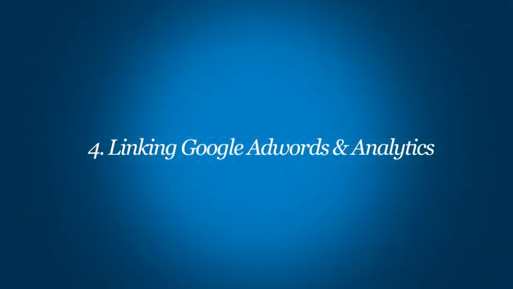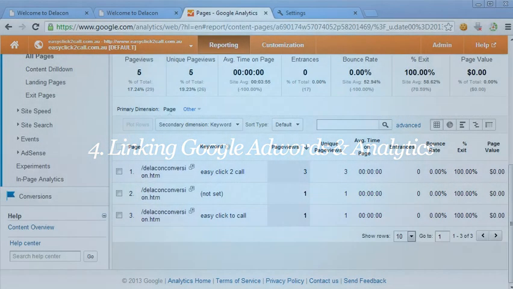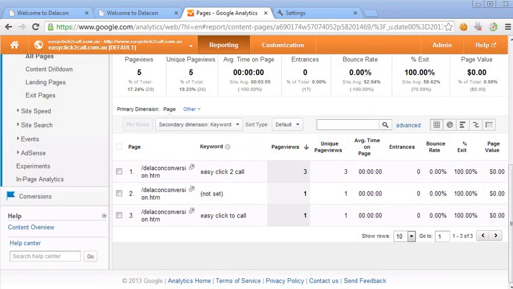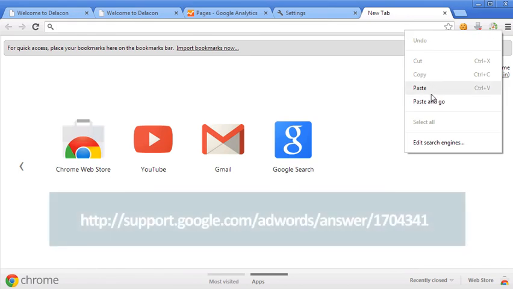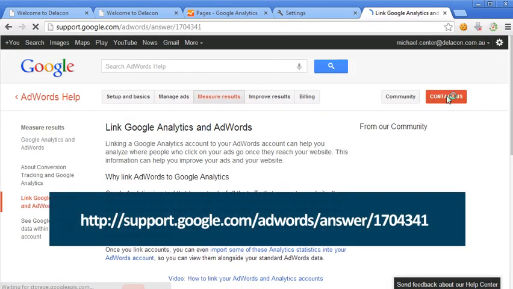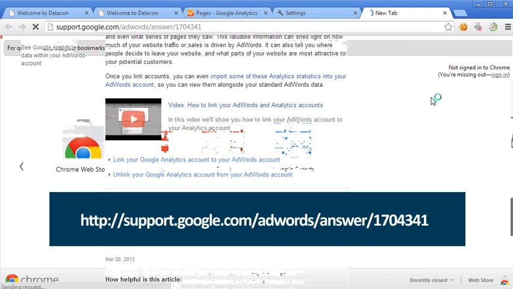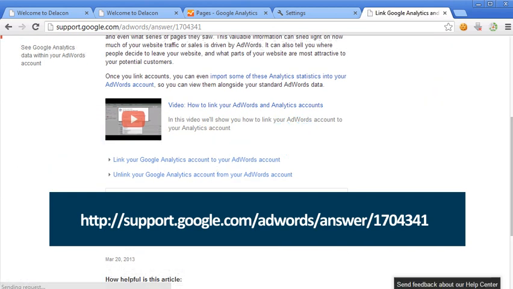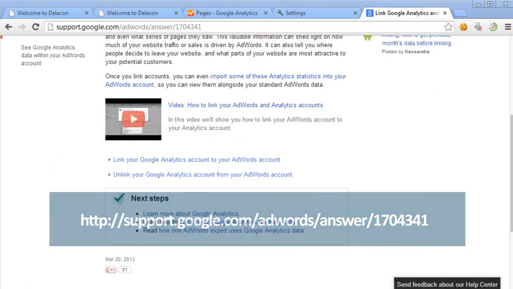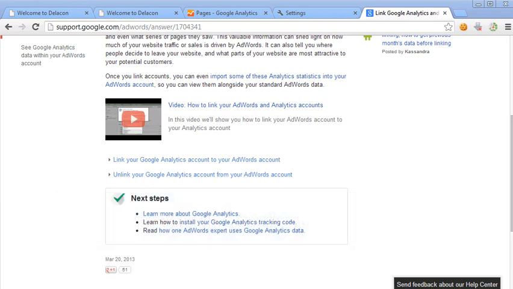In order for you to have these Google Analytics goals appear as conversions in your Adwords account, you must have your analytics linked to your Adwords account. Google offers its own video tutorial on how to link your analytics account and your Adwords account. You can find that here. Once your accounts are linked, log on to your Adwords account